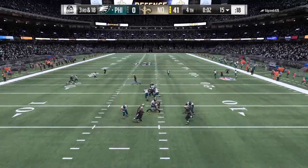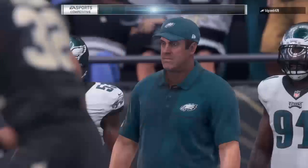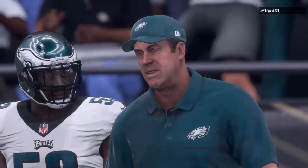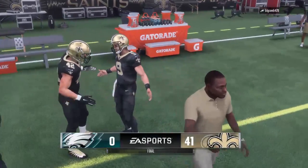One final try now for Wentz. And he's taken down. Back at his own 7. So, Charles, they are able to complete what so often seems to be elusive, a shutout in the NFL. And maybe what's fitting...